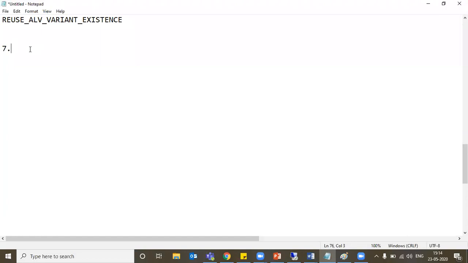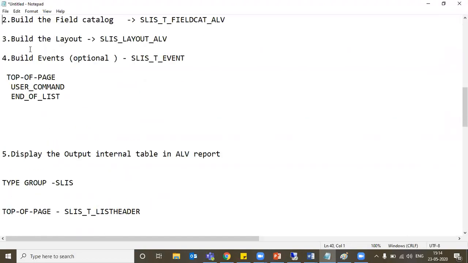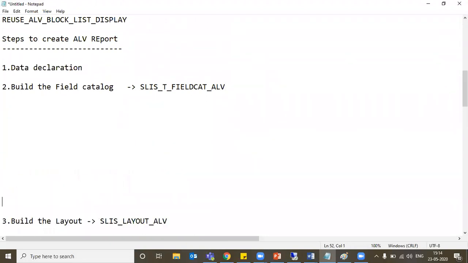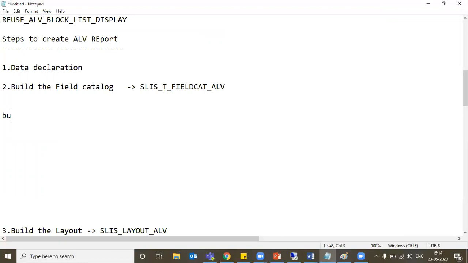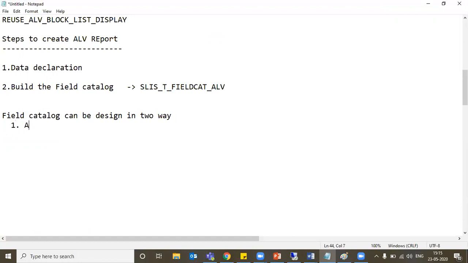Now for field catalog, a field catalog can be designed in two ways. Automatically, what is the function module that you can use?